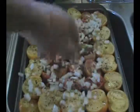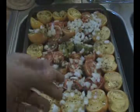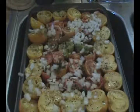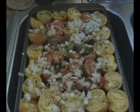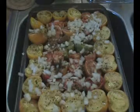Actually, you know what? It just occurred to me. We've just actually prepared salsa. So, I mean, if you want to put this in the blender right now and have salsa, all you need is maybe some chili peppers, which I've got too, but anyway. So I think it's ready to go in the oven now. I'm gonna put a little bit more olive oil on it just because